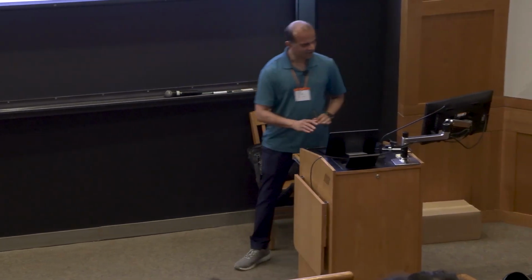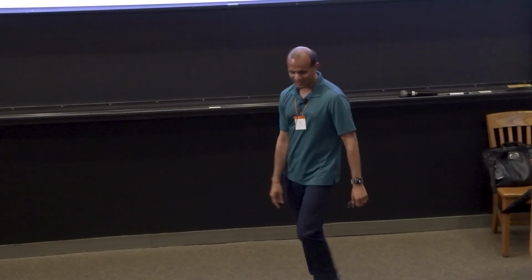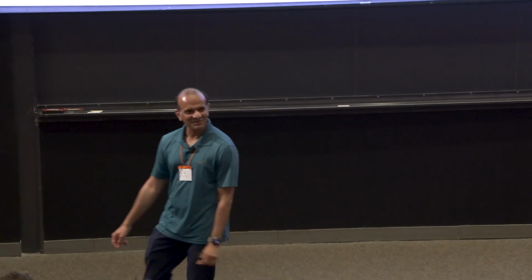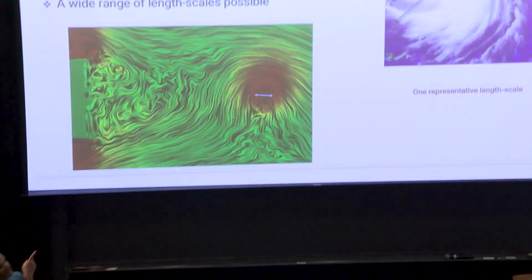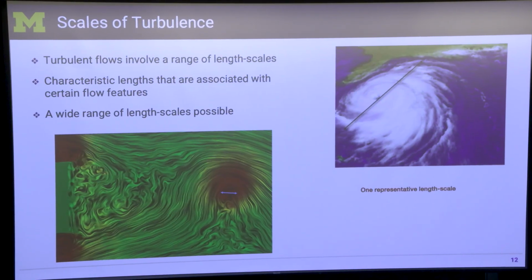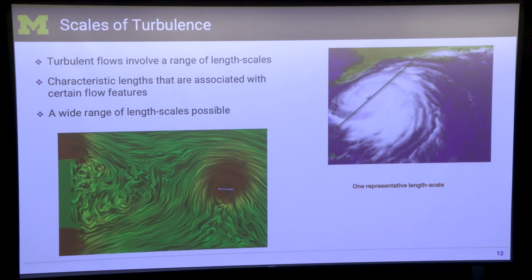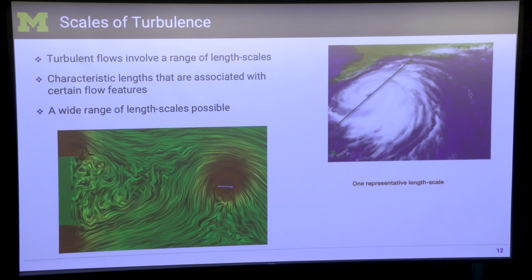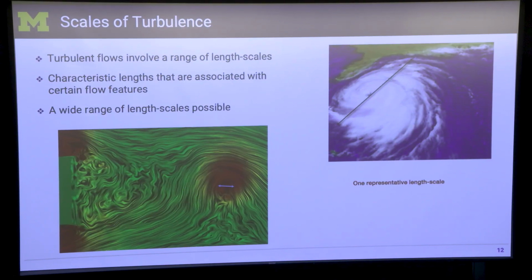Now, there are various ways to look at this. I like this picture. I've shown this for 20 years now. That's the coast of Florida, if you're familiar with the US map on the top right. Every year, but this is one particular year when there's a hurricane off the coast of Florida.